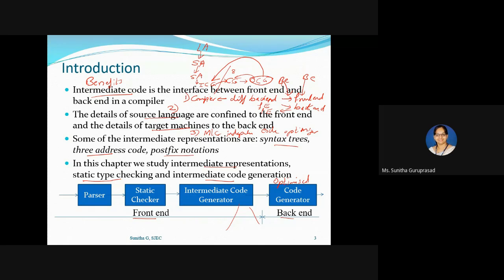So first, whenever you are creating a compiler, you can attach many backends to the existing front end. The second is that when compilers are generated for different source languages, you can create different front ends, because the front end is connected to the source language, for the same backend. And the third one is that you can have a separate machine independent code optimizer, which can be applied directly to the intermediate code generator to optimize the code generation.